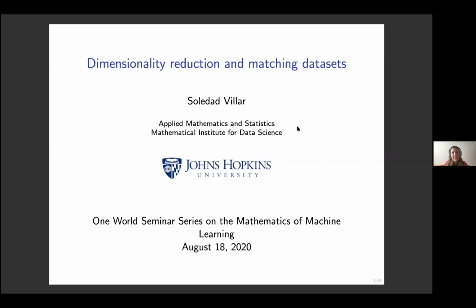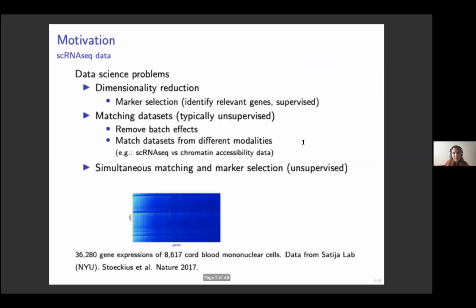I'm going to talk about dimensionality reduction and matching datasets. Some of these I already talked about when I went to Johns Hopkins last time, but I also have some new results that I'm going to incorporate into this talk. So basically, the idea is to discuss two fundamental data science problems: dimensionality reduction and matching data sets, like finding correspondences between data sets. And the motivation of this talk is